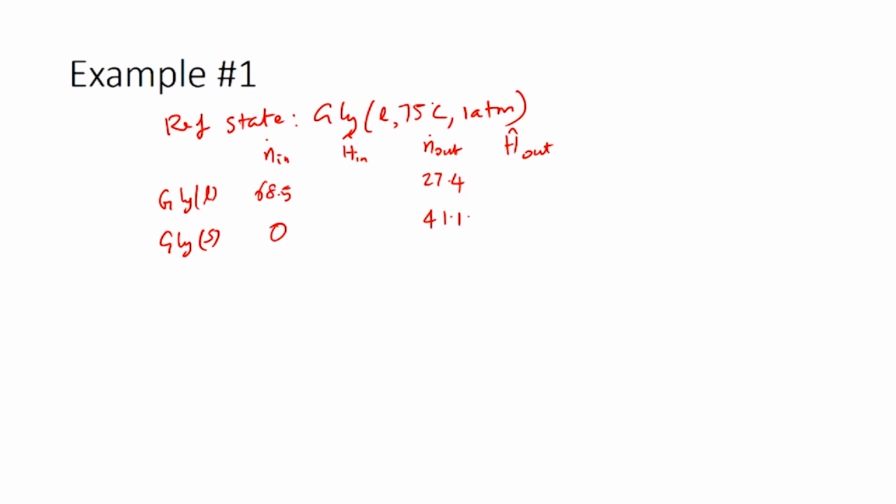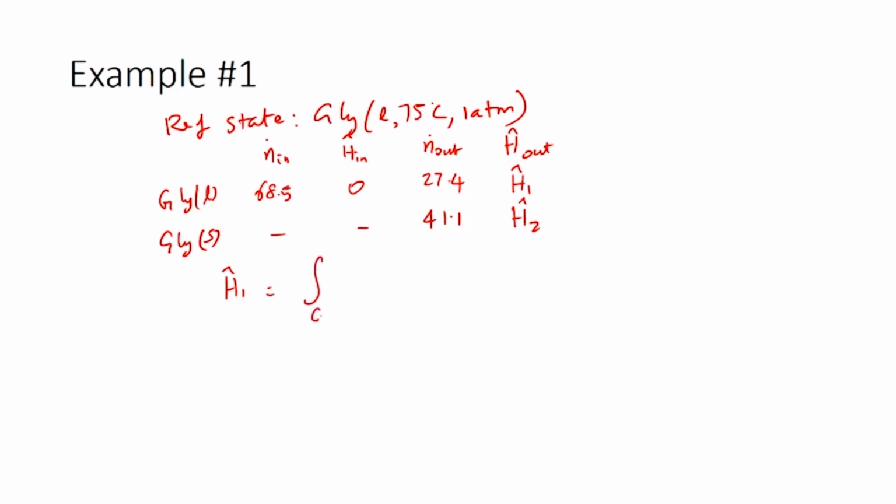Now let us identify which of the enthalpies need to be calculated. Since the inlet condition, which is the liquid glycerol at 75 degrees Celsius and 1 atmosphere, has been used as the reference state, we can have this as 0. Since we do not have any glycerol solid entering, we do not have to worry about this enthalpy. However, we would have to calculate the enthalpies for both these conditions, which are the outlet liquid and solid. Now, the goal is to identify H1 cap and H2 cap, so that we can use it for energy balance calculations. So, first step is H1 cap, which would be